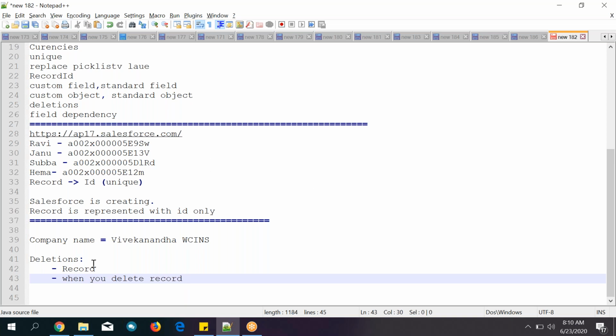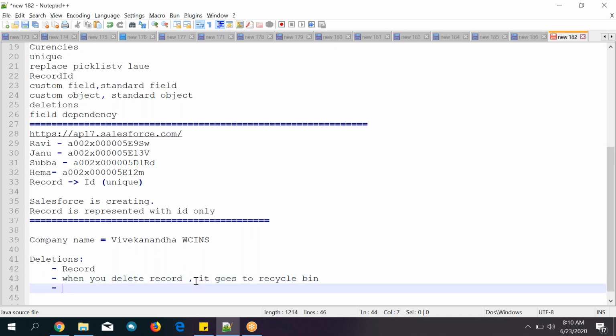Okay. So when you delete a record, what will happen? It goes to the recycle bin. Suppose in the recycle bin you can see my records and other records, deleted records.